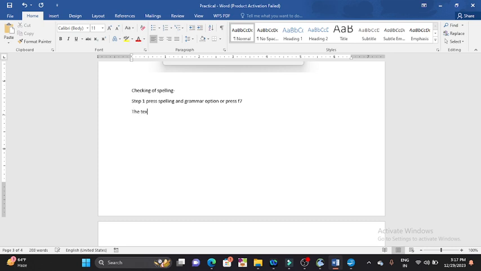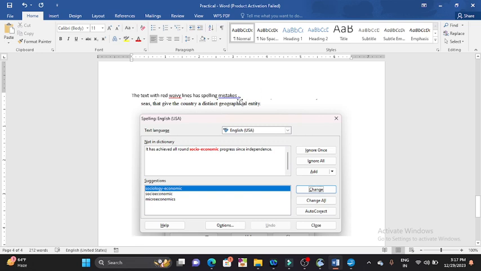The text with red wavy lines has spelling mistakes. ओके, बस। तो रेड वेवी लाइंस में हमें स्पेलिंग मिस्टेक्स दिखती हैं, जो हमने बता दिया, ठीक है।